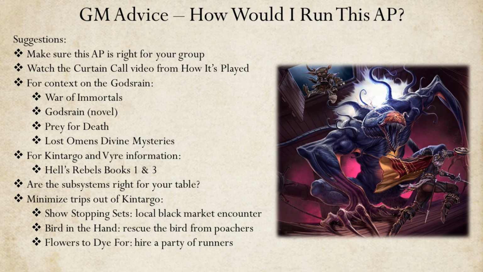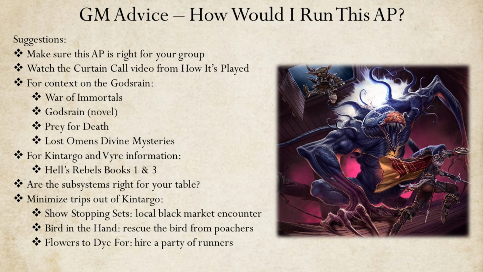A foreboding sense of vague familiarity with Vyre will really help set the stage for the crazy plot turns in Book 3. To that end, I suggest limiting the number of major excursions the PCs should take outside of Kintargo and Vyre to 2. One trip to go get Oriel in the Shackles, and another to locate a composer throughout the Inner Sea. I suggest reworking the other adventures which draw the party away from the 2 main cities.